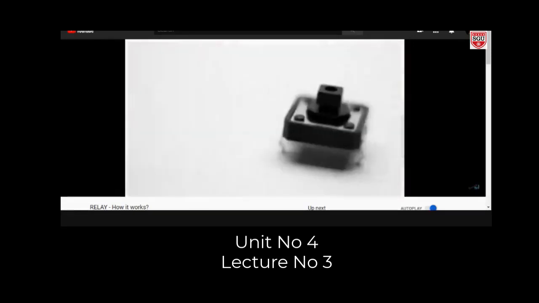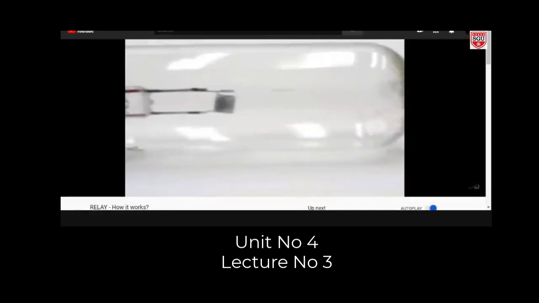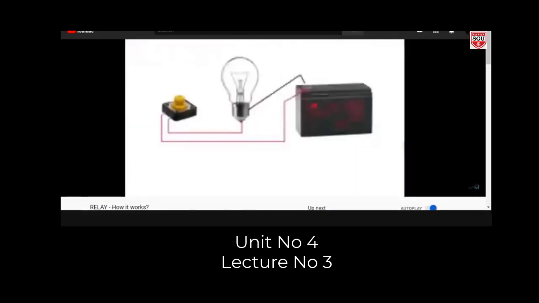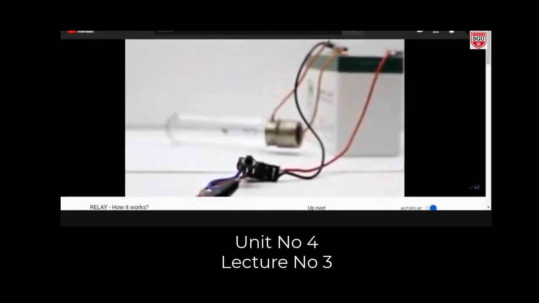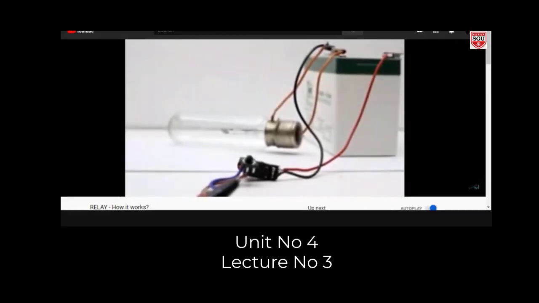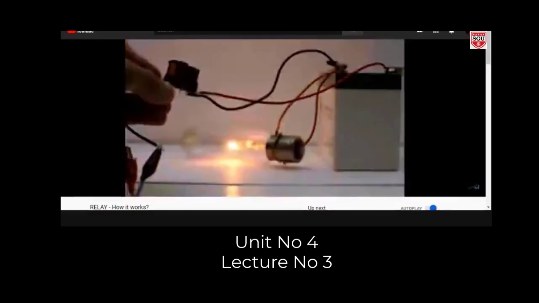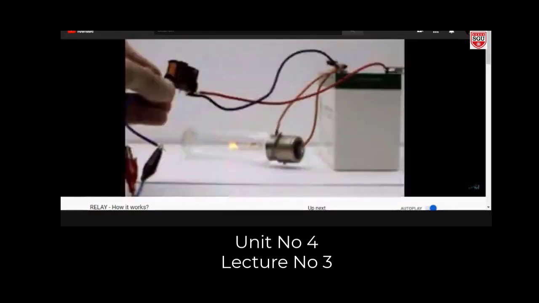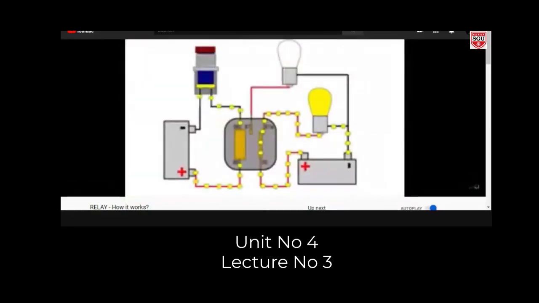We have a button that can tolerate currents of about 2 amperes, but we need to connect to a power source, for example a battery, a powerful lamp which consumes much more than 2 amperes. We cannot use this button because the contacts will burn up, but if the bulb is connected to the relay contacts, which can withstand much higher current, control of the lamp isn't difficult. In this case, the button provides a small current to the coil of the solenoid, causing the relay contacts to become closed.